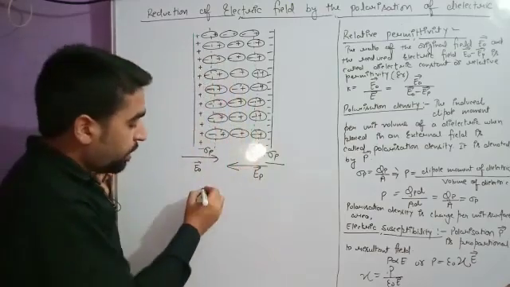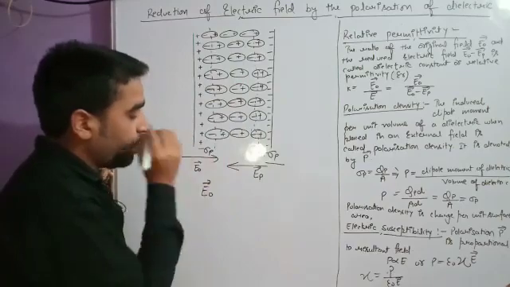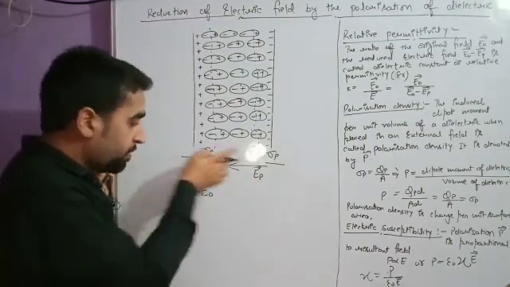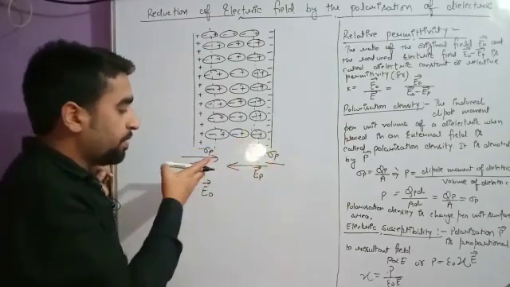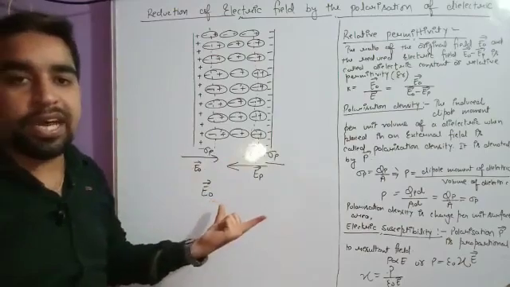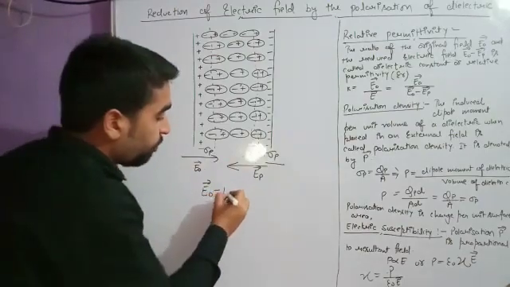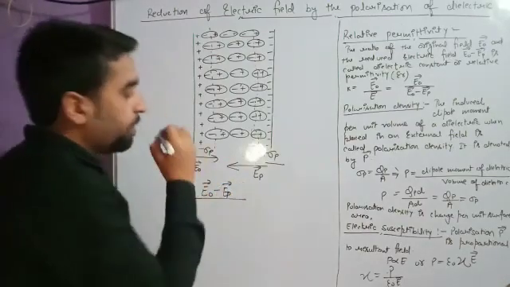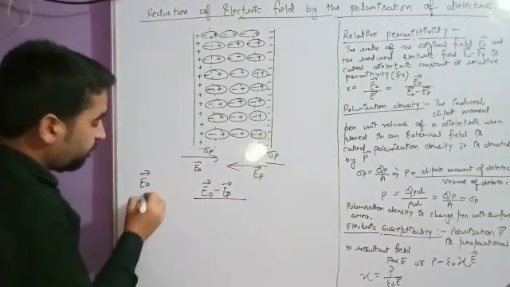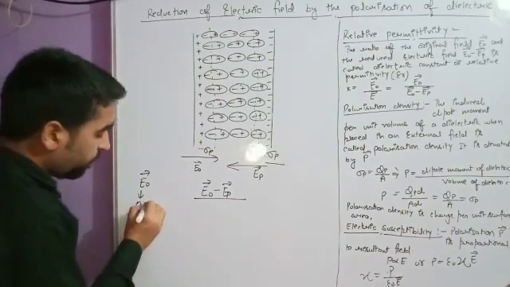So now students, earlier the total electric field was E naught. And what is the electric field now? The answer is, because these two electric fields, the induced electric field and the original electric field, are both opposite in direction, the net electric field will now be E naught minus EP. What was the original field? That was E naught. We can say E naught was the original field.